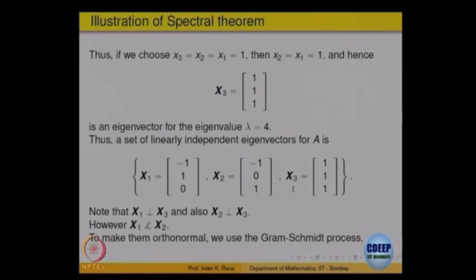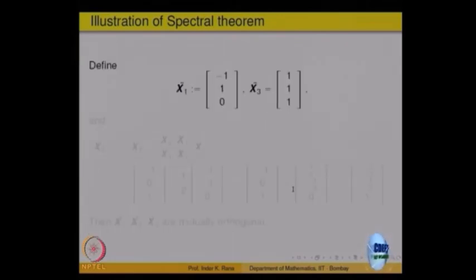Gram-Schmidt process: successively you are going to remove the projections, right. So, let us do that. Define x 1 and x 3 tilde to be as they are, the original ones, because they are perpendicular to x 1, right. x 2 is the one which is not perpendicular; x 1 and x 3 are perpendicular anyway. So, let us define that.